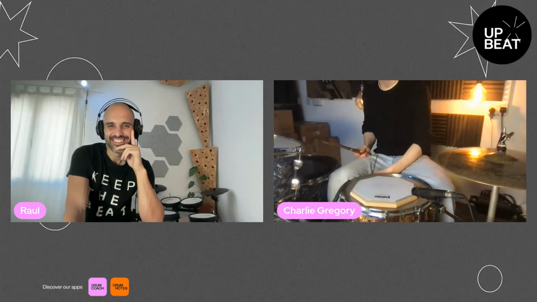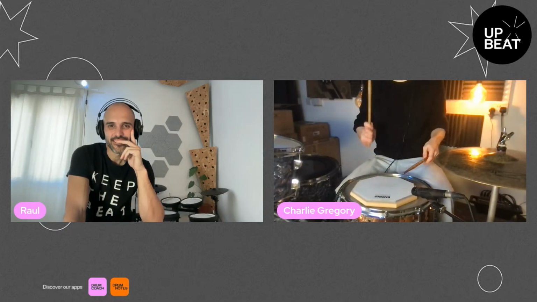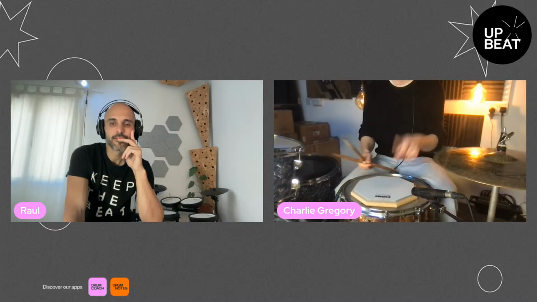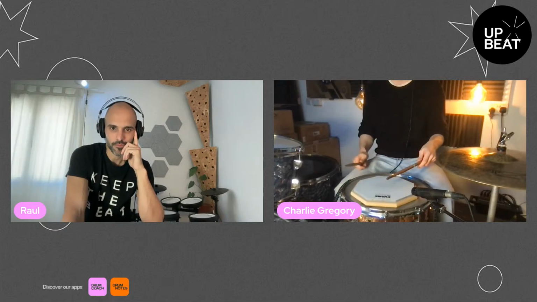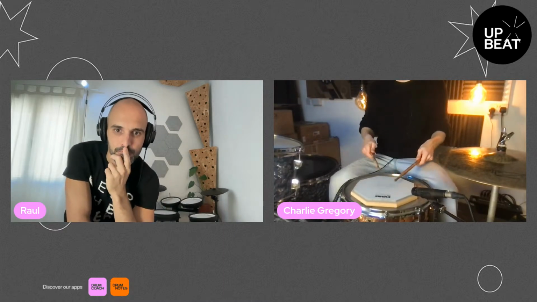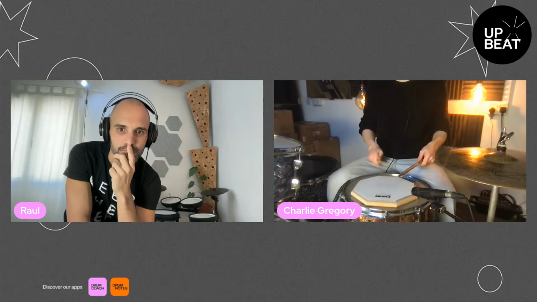Basically, when I'm playing accents or normal strokes, it's very wristy, right? And I try and be as loose as possible so the sticks bounce all the way back up. When I switch to ghosts, it becomes a lot more finger oriented because you can play more delicately with your fingers, right? So you see that difference there.